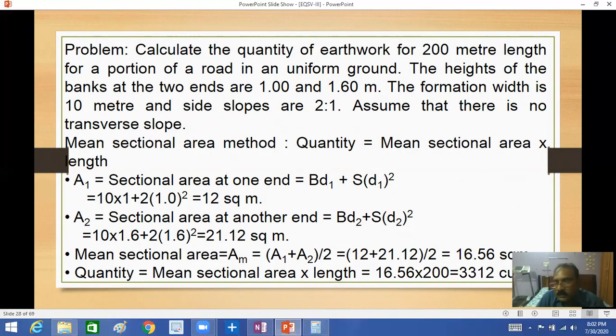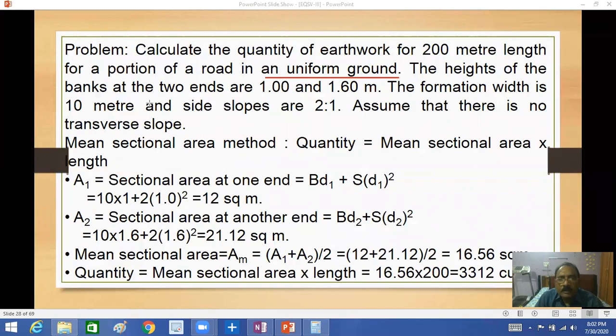See, a slope may also be there, like 1:150 meters. That is, for 150 meters, 1 meter depth or height may be there. Slope may be there, so 1:100, like that. But here the ground is uniform. You observe here, the ground is uniform ground. In an examination, slope may be given.